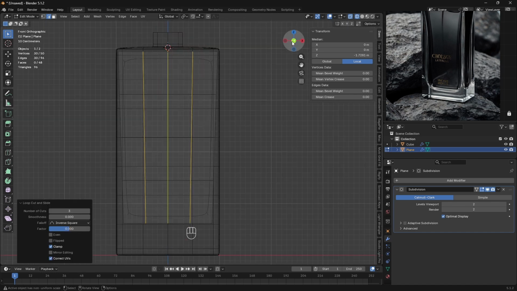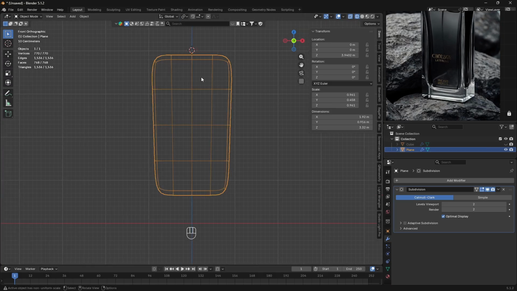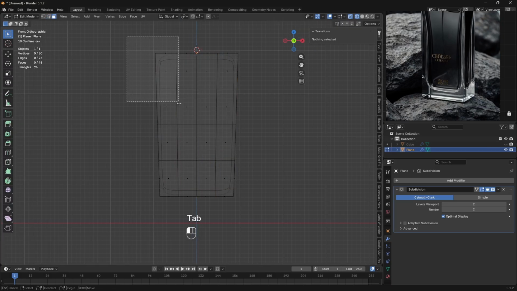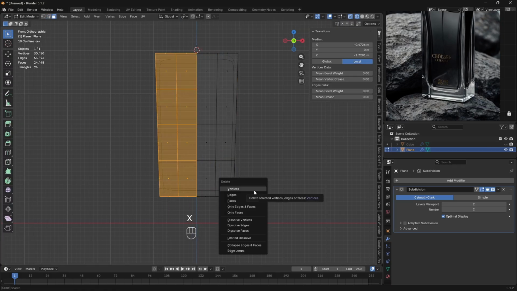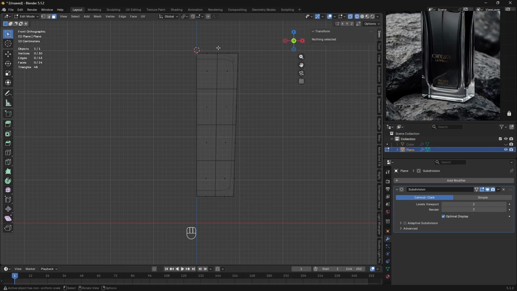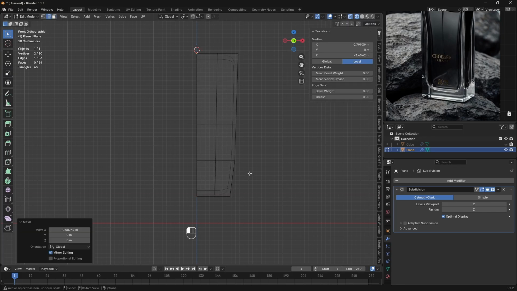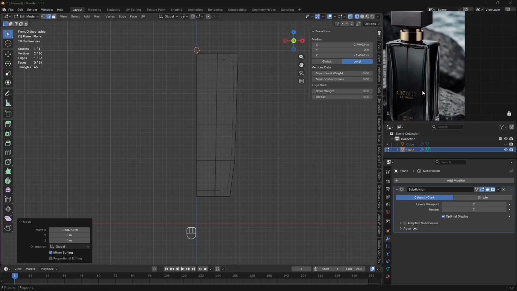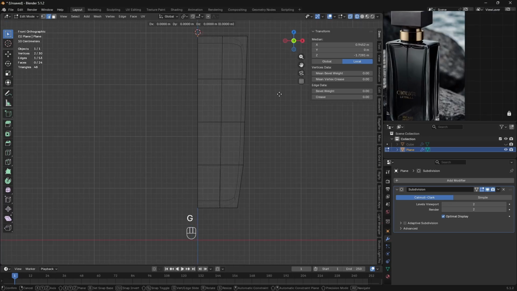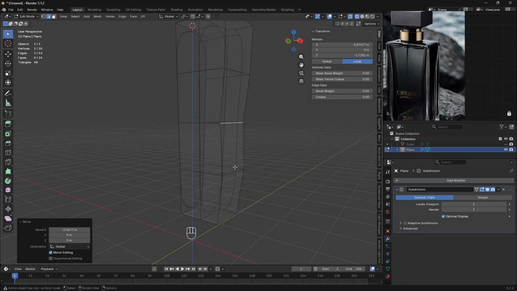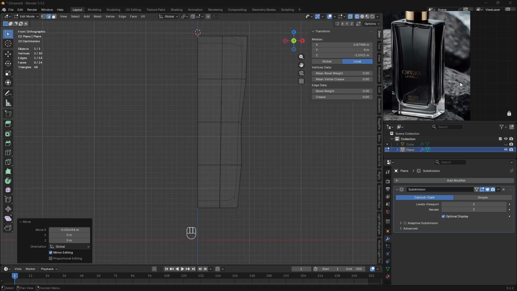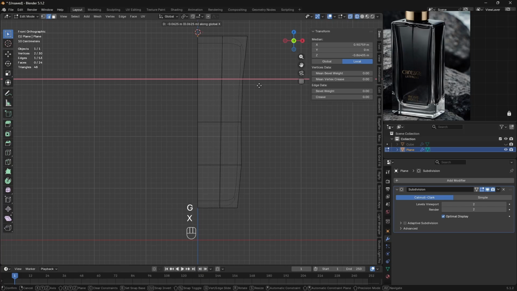So let me just hide our outside mesh, and I will select my faces and delete them so I can model just this half, and I will do a mirror modifier so I can flip it to the other side. Let me just push it just a bit, just like so. I think this looks okay, so we need to push it in this, I think. GX, so I can push it just a bit, just like so. Alright, and I need to push this one inside just a bit. Push this one on the X axis.